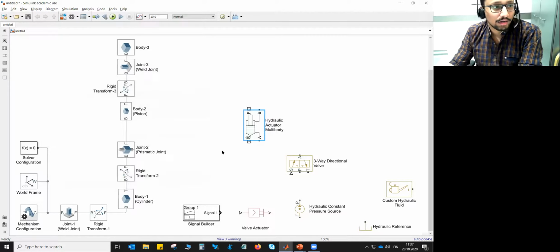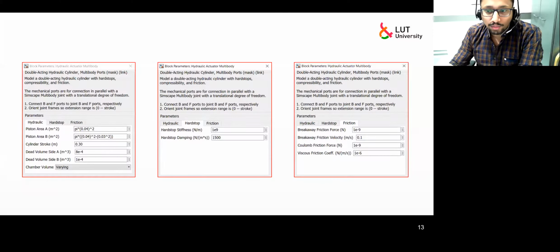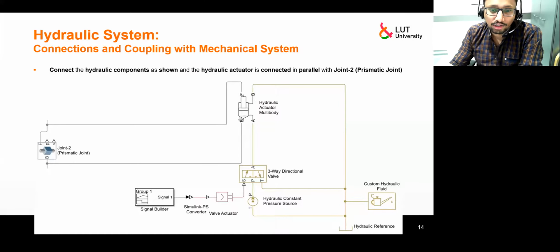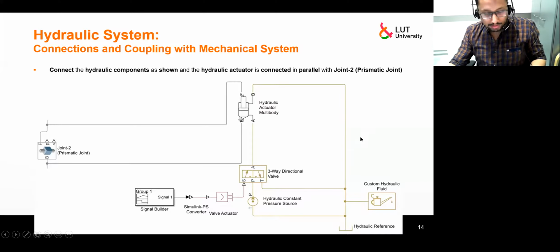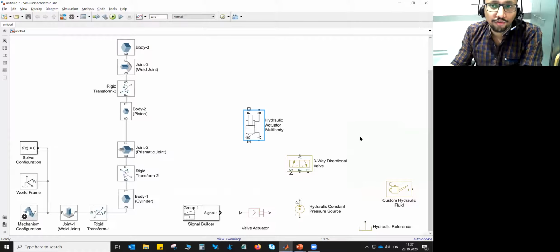Once you have done that, we have defined all the components required. So what we need to do is make the connections as shown here, right? So let's go ahead. If you remember the first figure in the requirement, not the figure, but the system.